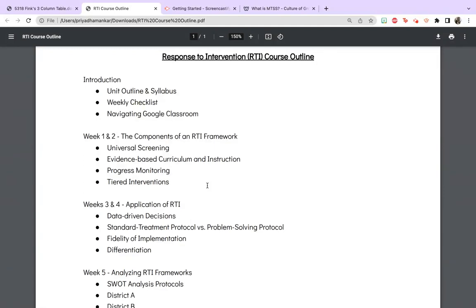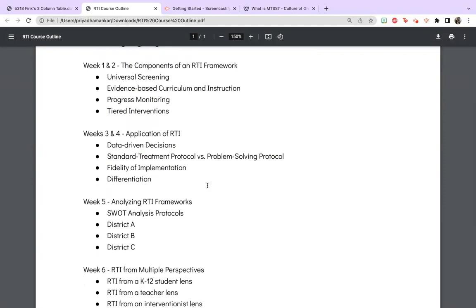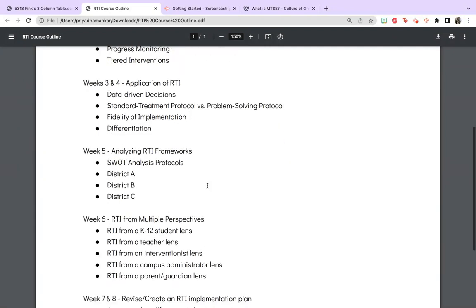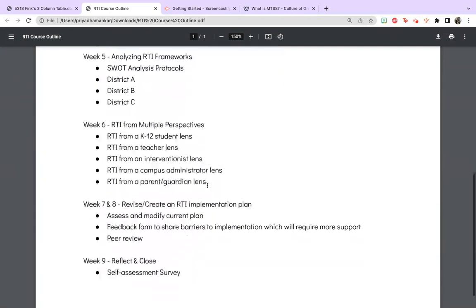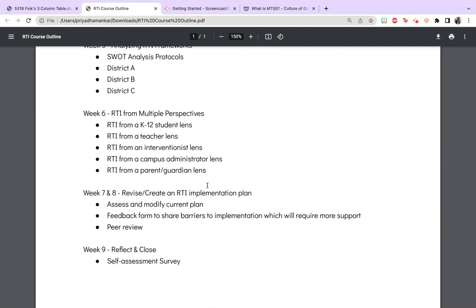So I hope to be able to use this course as part of my innovation plan, and I'm looking forward to any feedback so that I can tweak this and make this better before I have to implement it with my audience.